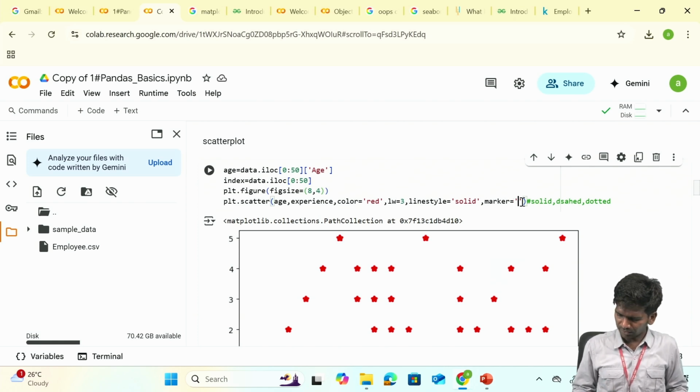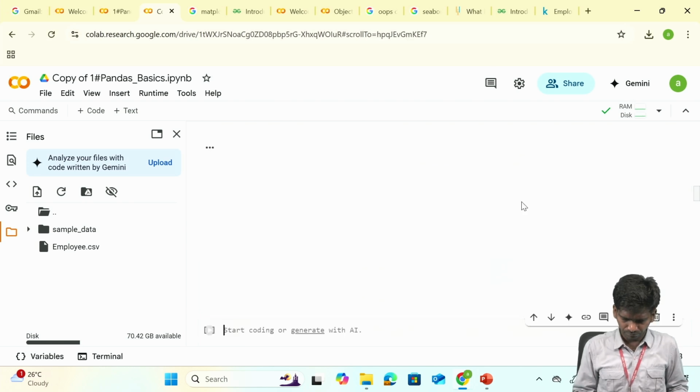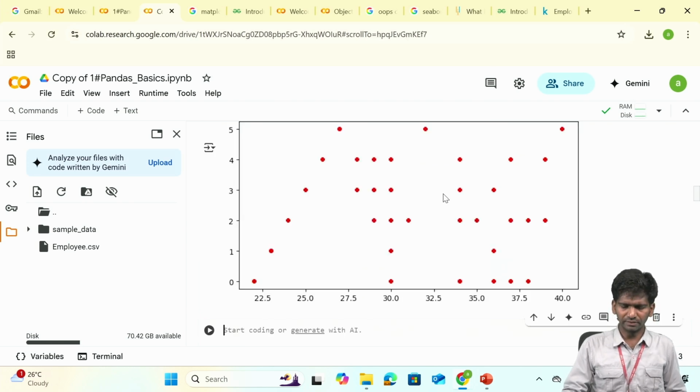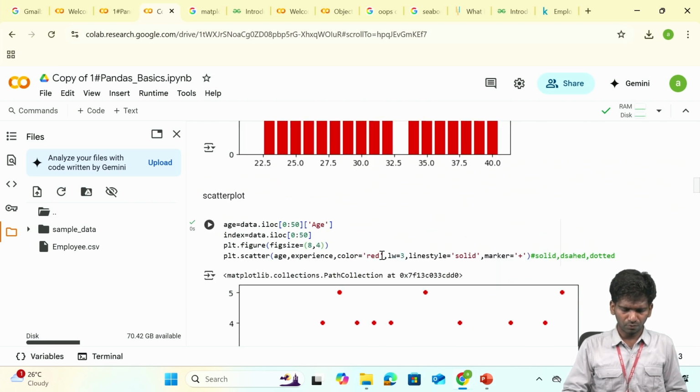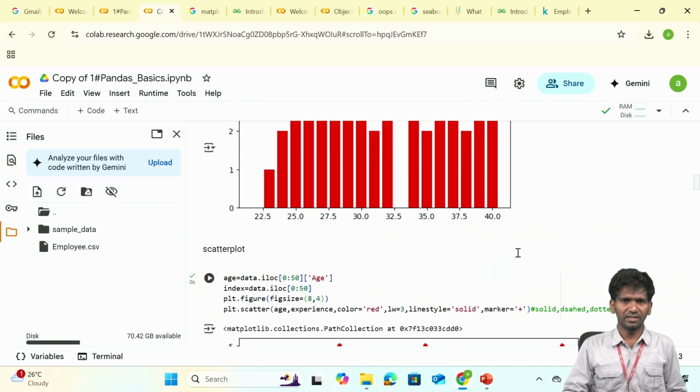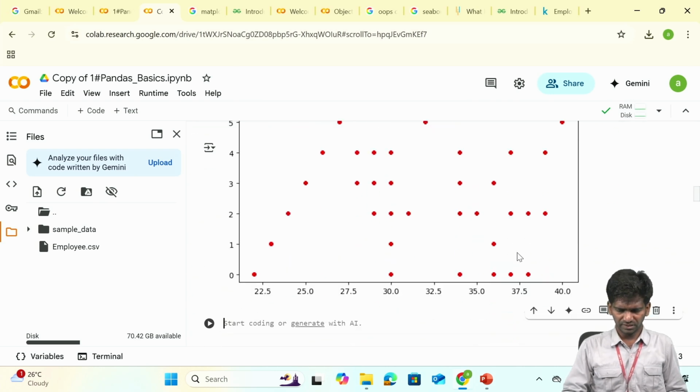Let me give plus symbol. It will appear like this. So as you wish, you can do it. So scatter plot is all about this. Marker consists of plus, minus, greater than, less than, hash, and different functions. Next we will see